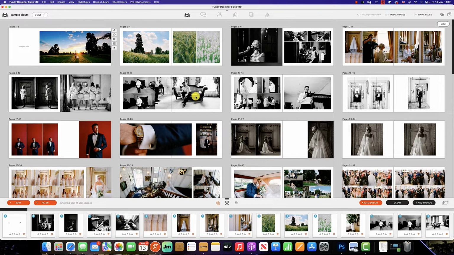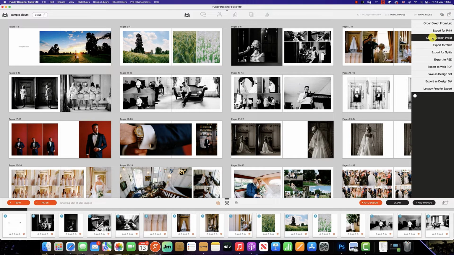Once you have finished your album design in Fundy Designer, it is now time to create your album proof. There are two ways of doing this. The first way is much like the old proofer, where you simply select the icon here and click on Create